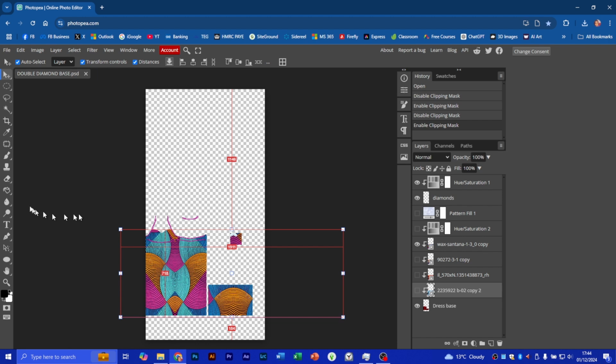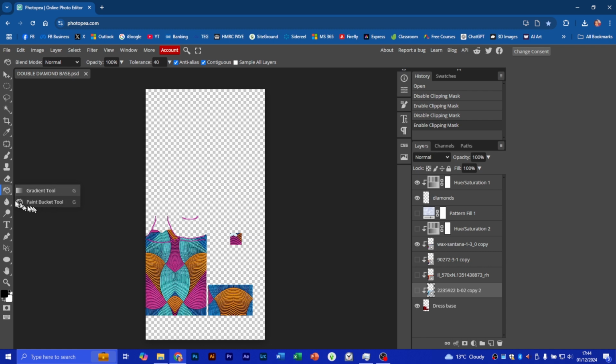Everything else pretty much works in the same way. As you can see, you might find that the icons are a lot more pronounced, but honestly it's got the exact same elements. The gradient tool, paint bucket, the eraser tool is the same. You've got the magic eraser tool, the normal eraser tool, background eraser tool, the paintbrush, so it's pretty much got all the same elements. Okay, so hopefully that will help people see how Photopea works